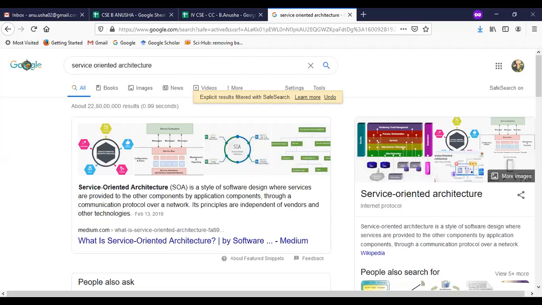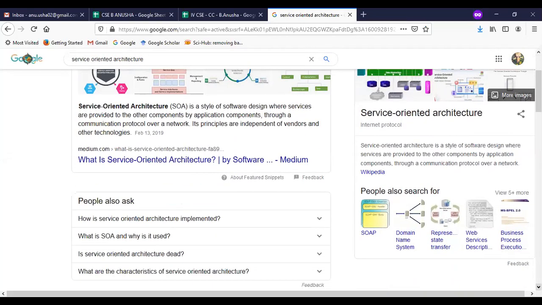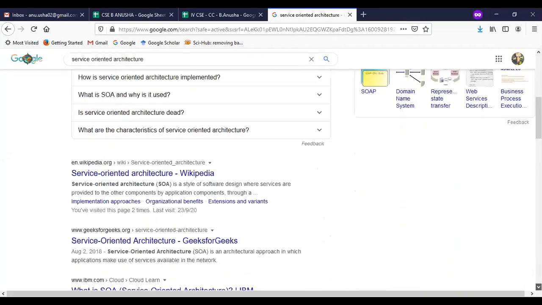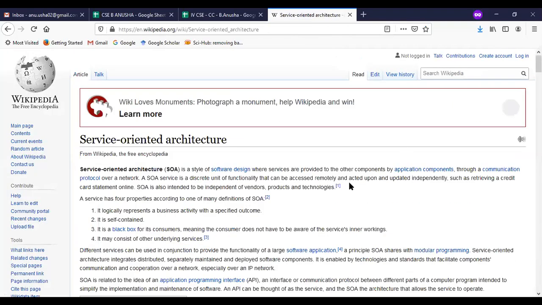Whenever you don't know about it, there is no resource known to you. So I will take Wikipedia as the first representation. Here Wikipedia will be chosen as a resource.